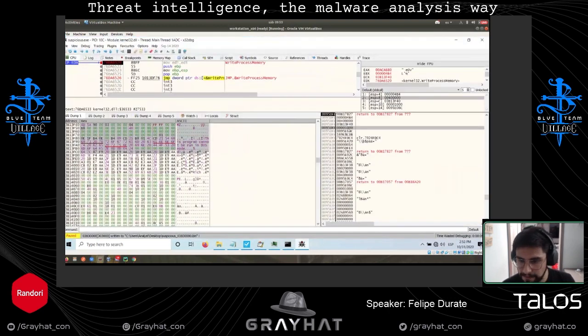Because when they're calling WriteProcessMemory, they are not copying everything. They are just copying a small piece, which has a size of 1,000. What does that mean? They are copying piece by piece. They needed to implement the same Windows loader in their packer.